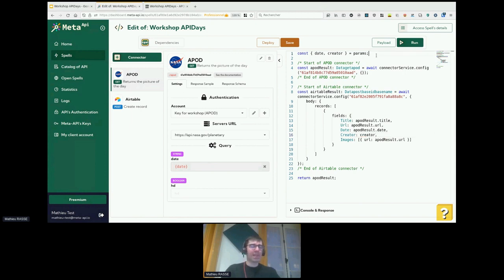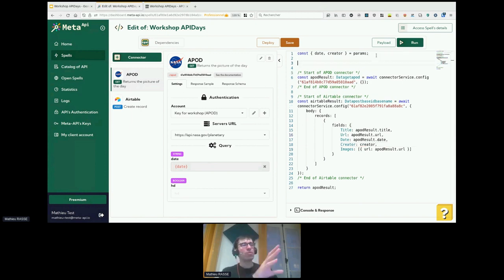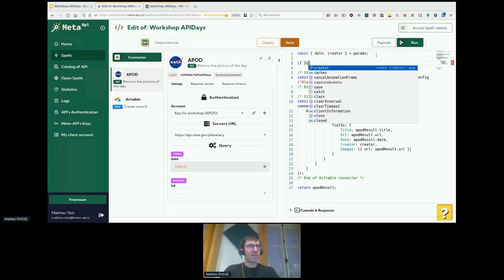Okay. And I want to check both creator and date, to check if the creator has been set and also if the date is in the correct format. So I will add a condition. So I will check if creator has not been set or